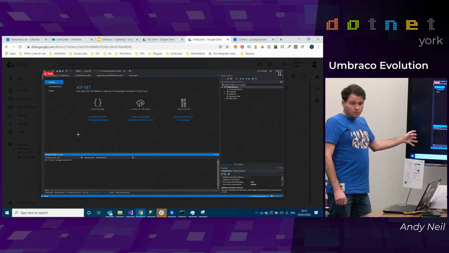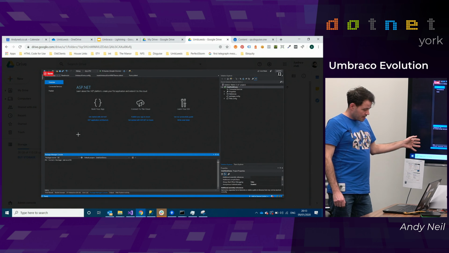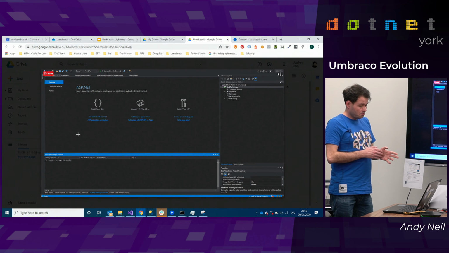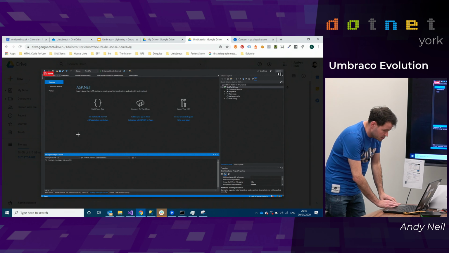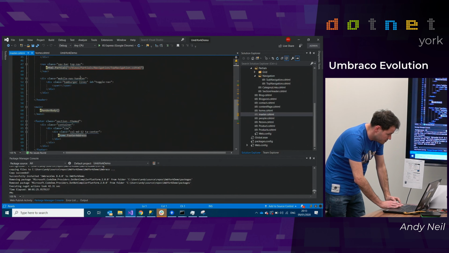You'll see it run through, you'll see it do the installer, and effectively it will give you a blank Umbraco install. It's not going to want to do that right now, so we'll just skip to the demo.